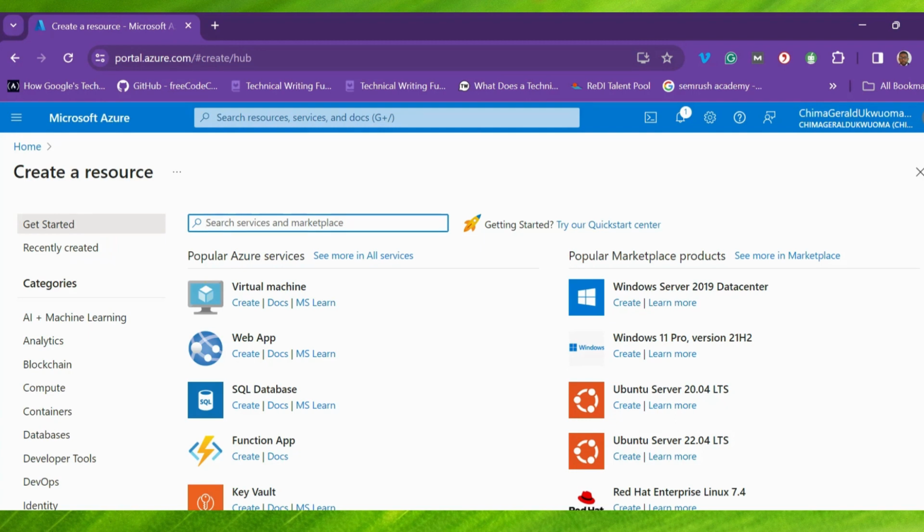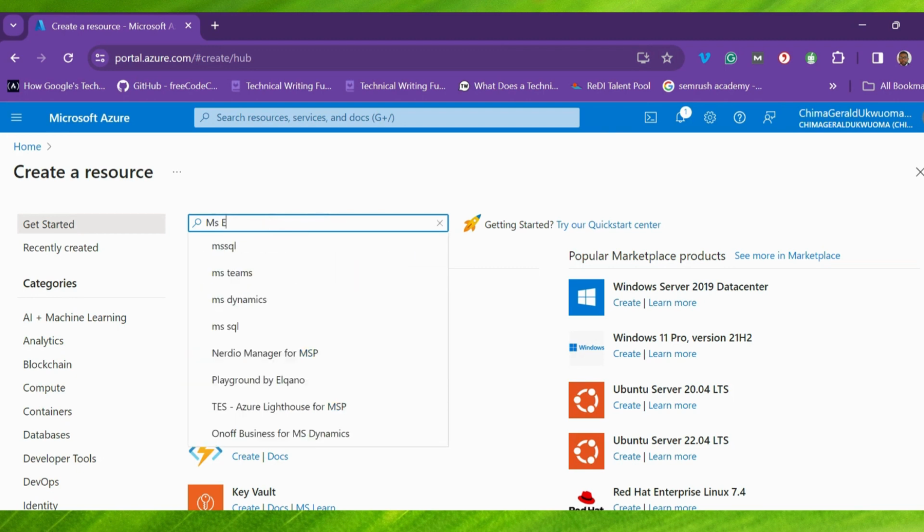It's always good to assign administrative rights and roles under groups. That is a more secure way of assigning administrative rights, unless users normally have a particular privileged role, something like user administrator or application developer or global administrator, which is not always good to assign to more than two users. So here, for us to start showing how to create a tenant, you type Microsoft Entra ID or